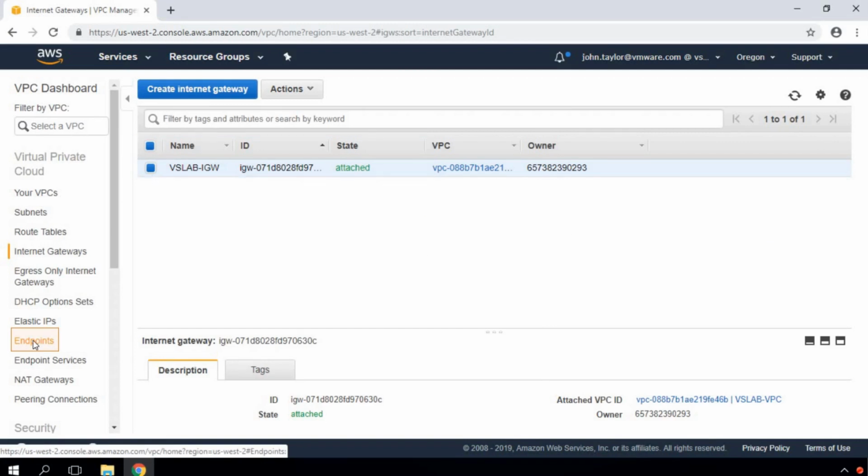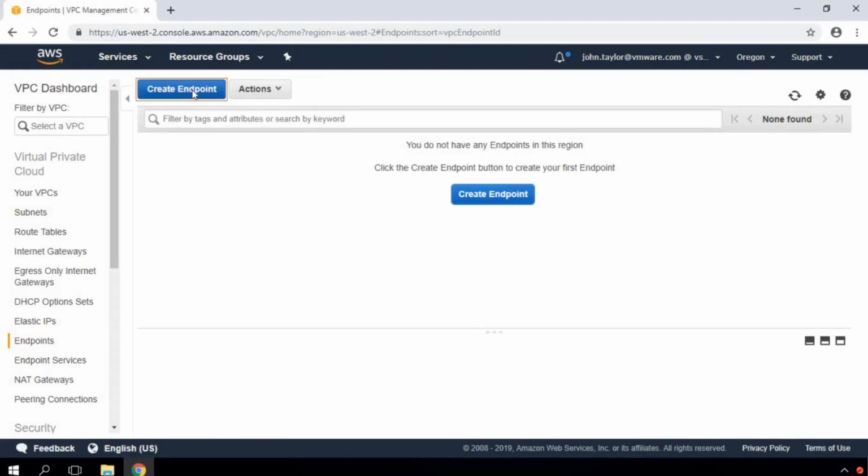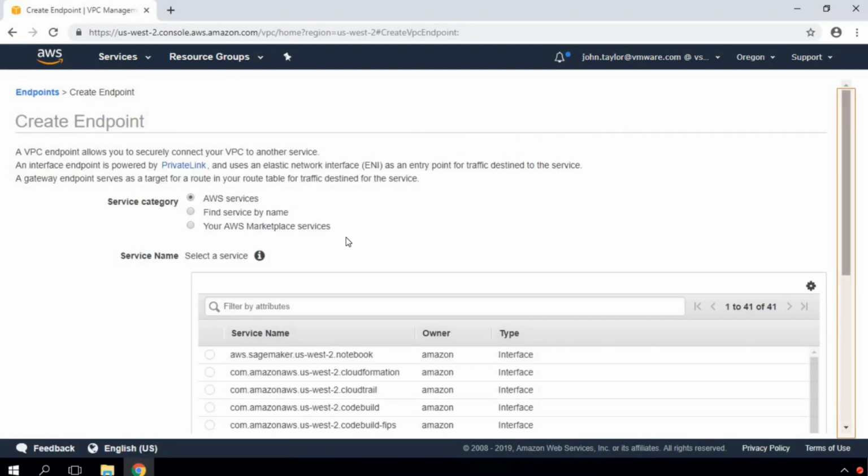Now, the next thing we're going to do is create endpoints. So click on create endpoint. An endpoint allows us to securely connect our VPC to other AWS services. For example, you have an EC2 instance running in your AWS VPC, and that EC2 instance wants to leverage AWS S3 services.